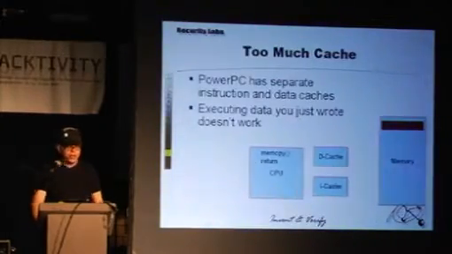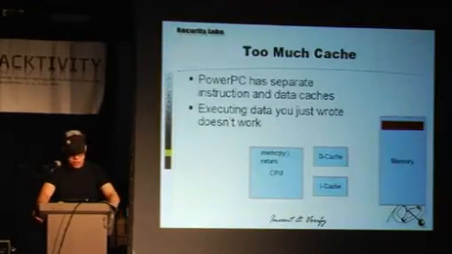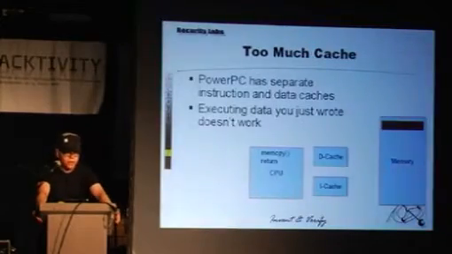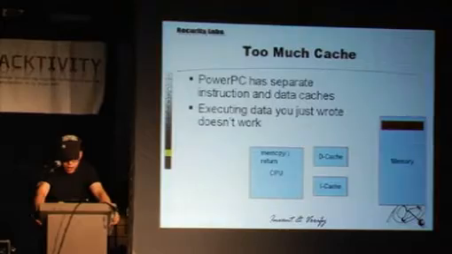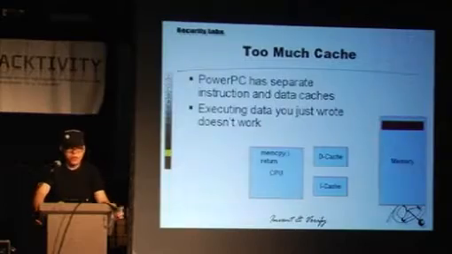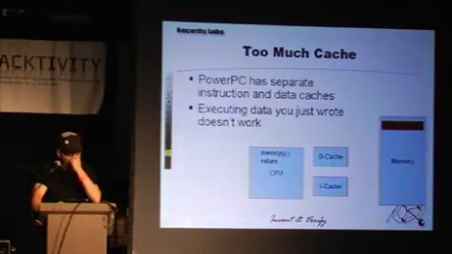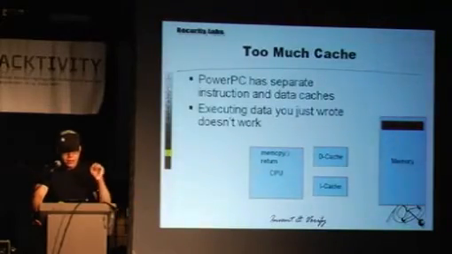But we have another issue, very uncommon, especially after the depression in 2009. Most people don't have enough money, leave alone cash. The Cisco routers, or actually the PowerPC CPU, have too much cache. Namely, they have two different caches. They have a data cache and they have an instruction cache. And in contrast to your Intel CPU, where this is completely opaque for you and you don't see how the caches work, they are actually independent from each other.